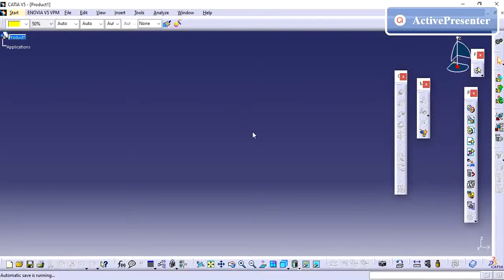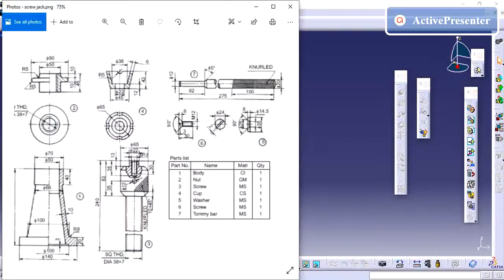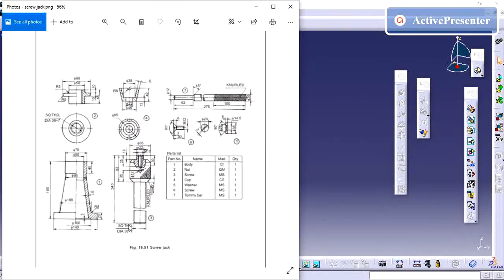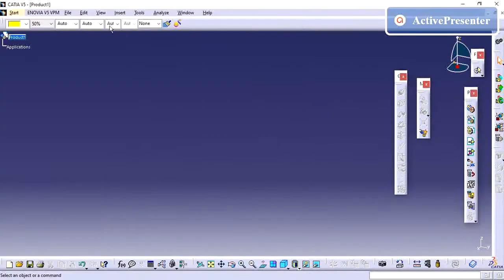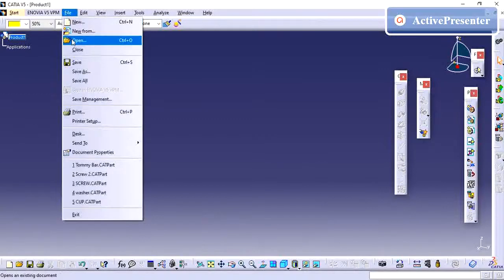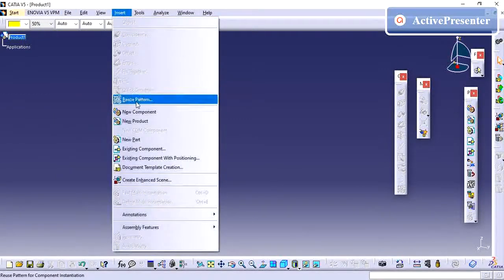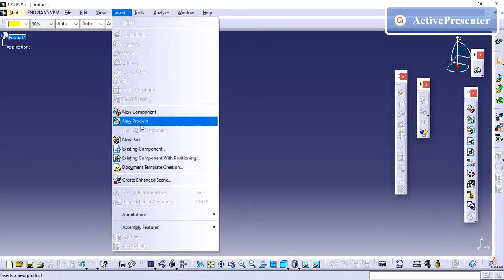Hi friends, in this video we are going to create one assembly. I have already created the parts for this screw jack assembly. Now I am going to pull all the parts and assemble them using the constraints. So for inserting components,